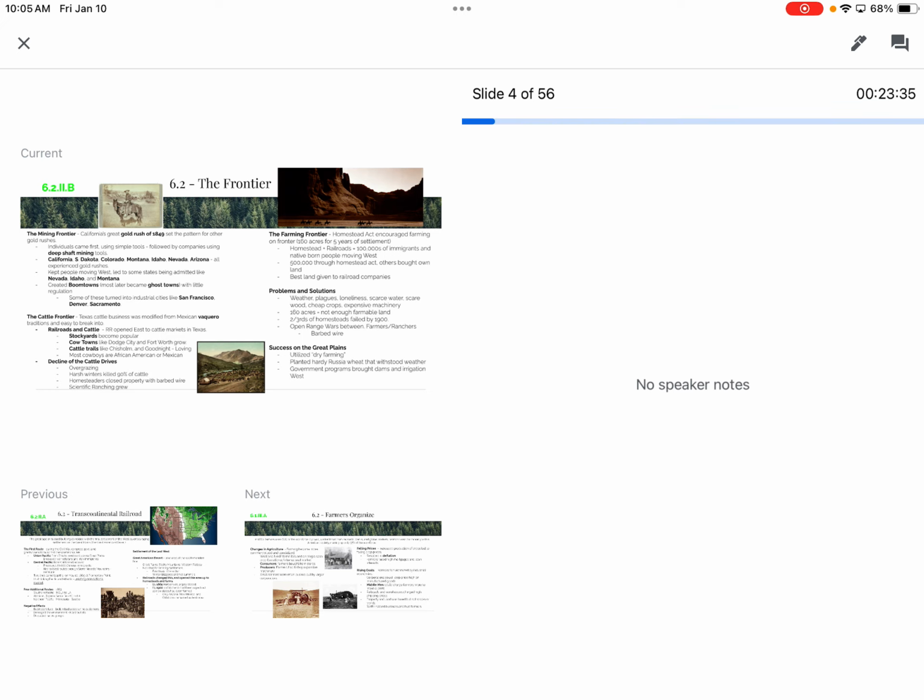Very scarce water, scarce wood. There were not a lot of wooded areas. And basically what they had to do to control their cattle was build fences, and if you didn't have wood, it was hard to build fences. So an important term, I forget in what year, I believe 1874, a very important invention was made. Barbed wire.